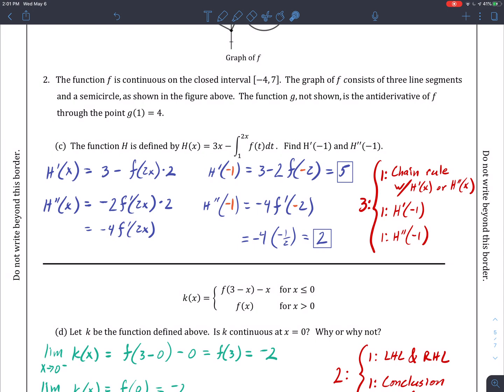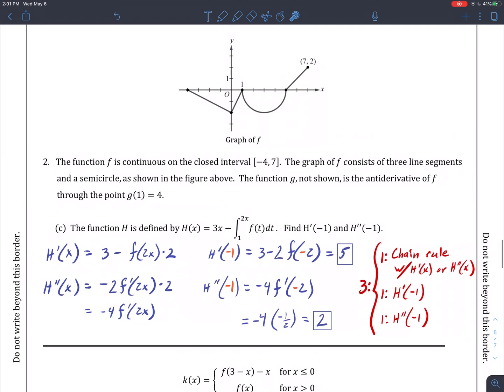2c says the function h, so now they're introducing a new function, capital H, is defined as 3x minus the area under f of t dt. So they did a little variable change here, but they're really just employing the fundamental theorem of calculus because they ask us to find h prime and h double prime at -1. So we're taking this equation and just differentiating it. The derivative of h is the derivative of each piece. So the derivative of 3x is 3, and then the derivative here is the fundamental theorem of calculus, part 1,